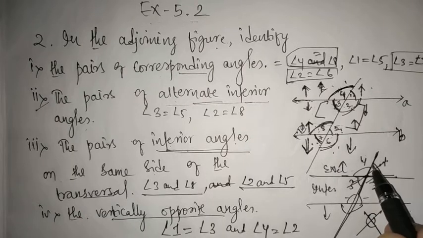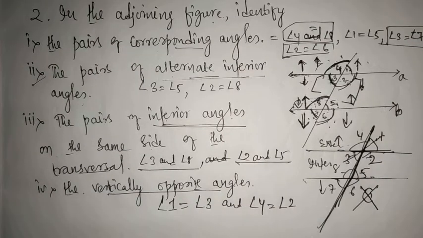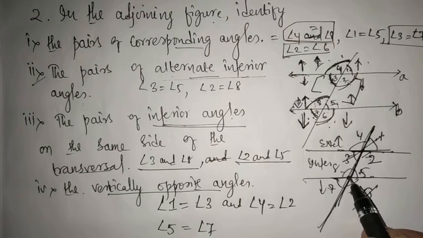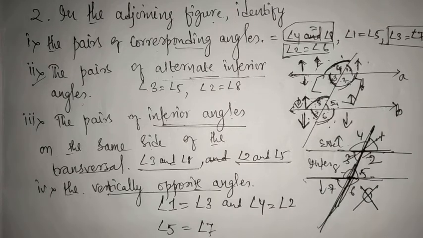Two pairs of vertically opposite angles. In this case, another one you can also see here, 5, 6, 7, 8. So we can write angle 5 is equal to angle 7, because this is a vertically opposite angle here. Just see, the point is over here and the vertex is over here, one vertex here and another vertex here. So the angle formed is a vertically opposite angle. So angle 8 is equal to angle 6. This is a vertically opposite angle.